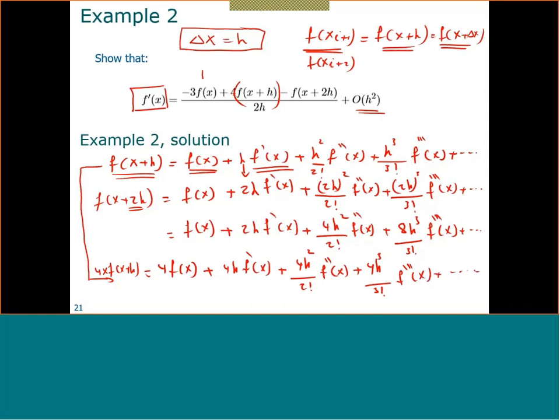Now what we have here, we have 4 f of x plus h minus f of x plus 2h. So I need to subtract these two together. Let's say I subtract this from this. So when I subtract this minus this, we have here f of x, we have here 4, so this becomes minus